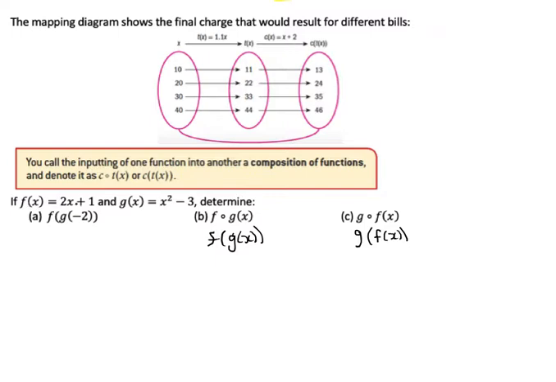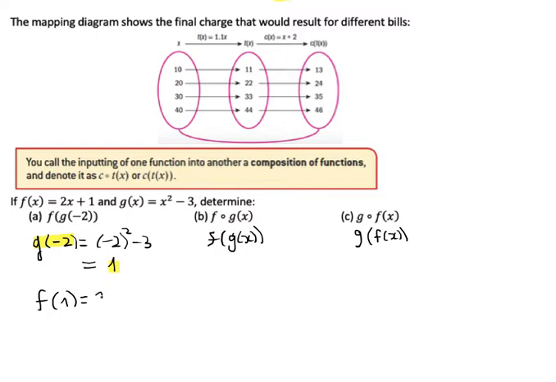We have two functions. We have the f and we have the g. The first thing we do is evaluate our first function, the inside one, and we're going to start with g of minus 2. So there's our function. We're going to put the negative 2 into the g. And that's 4 minus 3, and so that's 1. And now we're going to take this 1. So the 1 is the g of minus 2. And then we're going to take f of 1